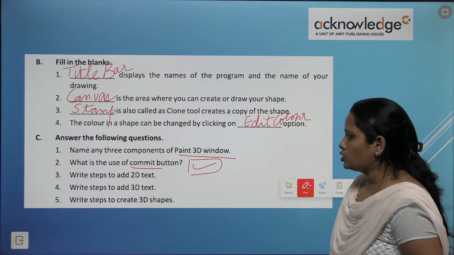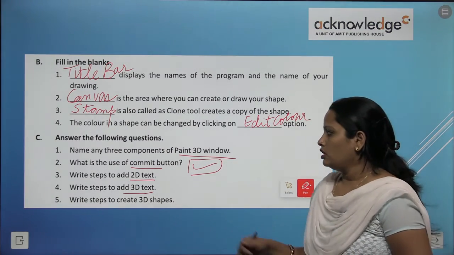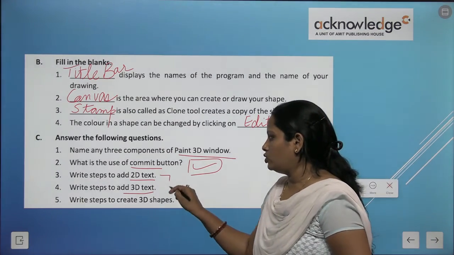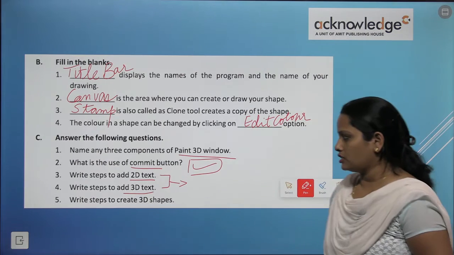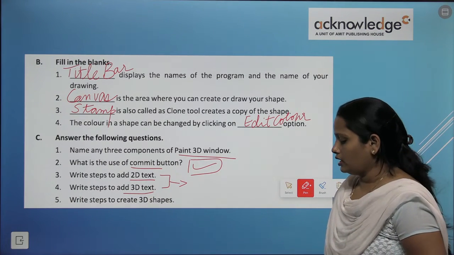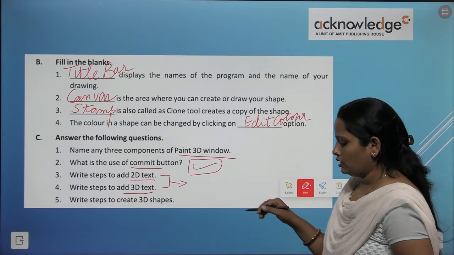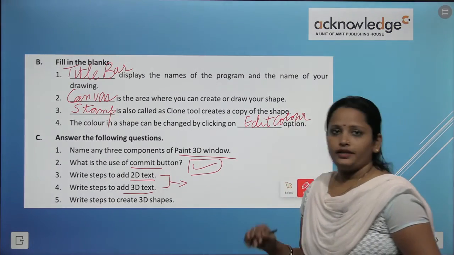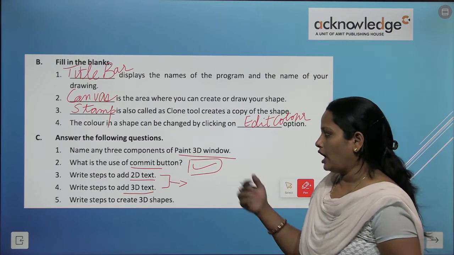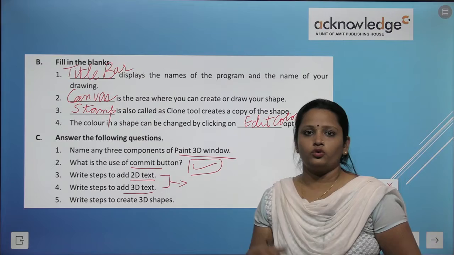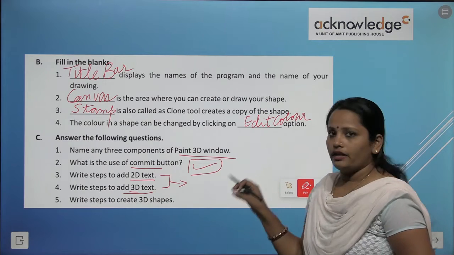Now write the steps to add 2D text and write the steps to add 3D text. So there is the same way of writing 2D and 3D shapes, text. For inserting the 2D text option, first we have to click on the 3D shapes option, and from there we have to click on the text tool. In the text tool, we can choose 2D if we want to convert our text in 2D text, and if we want to change the text in 3D, we have to select the 3D option from there, and then just fill in the